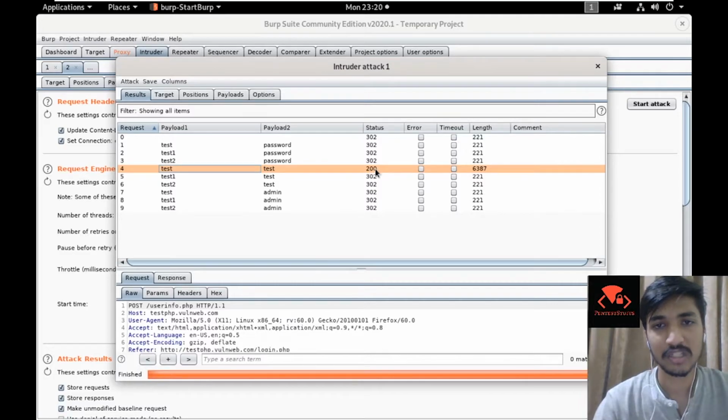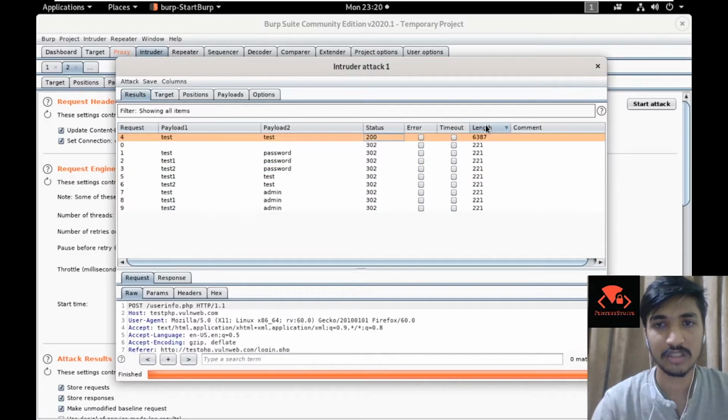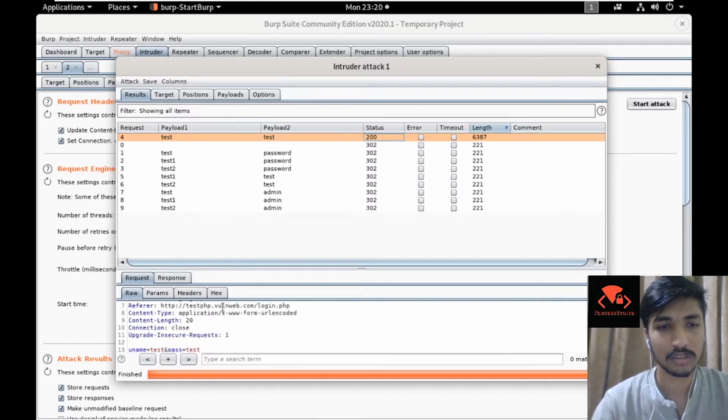Here you could see the status 200, which means this combination worked, and the length. You could sort these if you have a lot of requests, so you could just sort them on length or by status to know which one actually worked and which one did not. So this is how it works, and then you could see the particular request which was sent for this